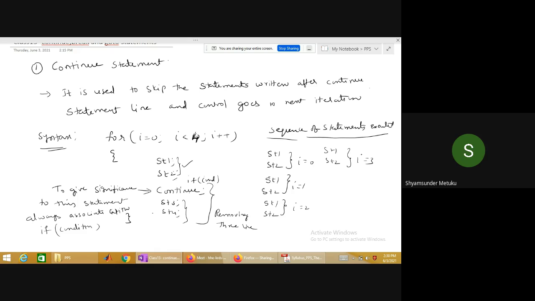Do you know that? Yes, sir. May not be for all banks. Some banks will be like that. Some banks will, as you said, the transaction gets failed or is not processed further. So what I'm trying to tell you is, if the password is correct, it will perform statement 3, statement 4. It will try to show the menu. You want to withdraw, get a mini statement, or some other options available on the ATM. It will continue. It will go to 3 and 4. If it is false, it will go to the next iteration.